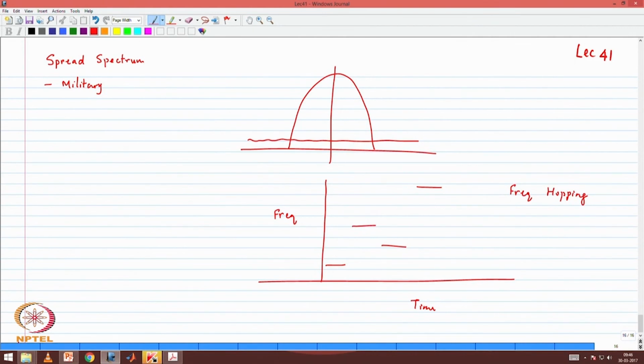But how you can make it even more difficult is if you can make your signal look like noise. So this is noise and your signal actually looks like noise. So there is no way somebody who is receiving the signal can detect it. So how do I make this signal into something that looks like noise? And that is the basic tenet of spread spectrum. But what we are looking at is how does this concept, which actually originated for the military to make the spectrum difficult to detect, make a difference for